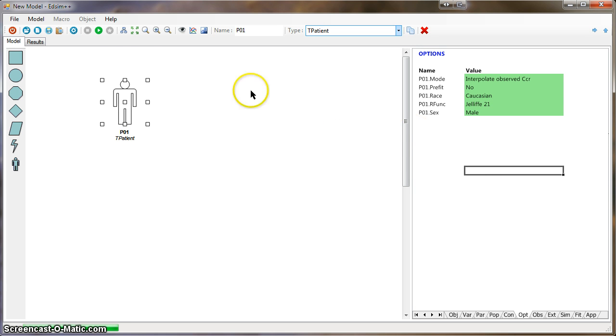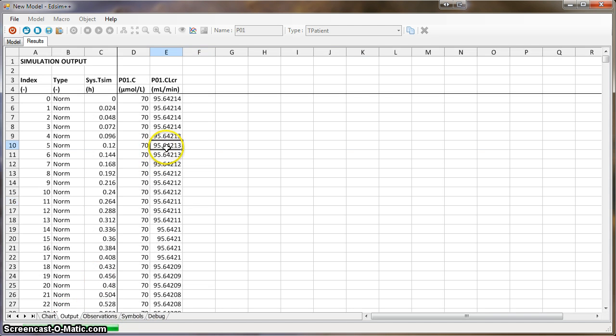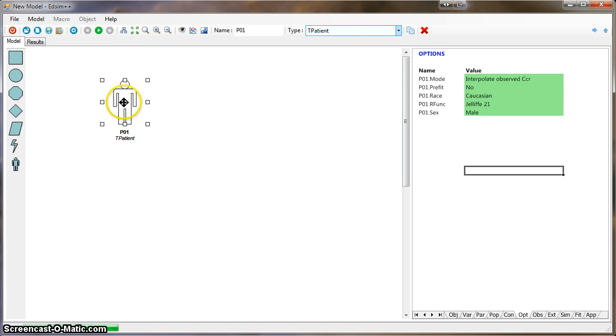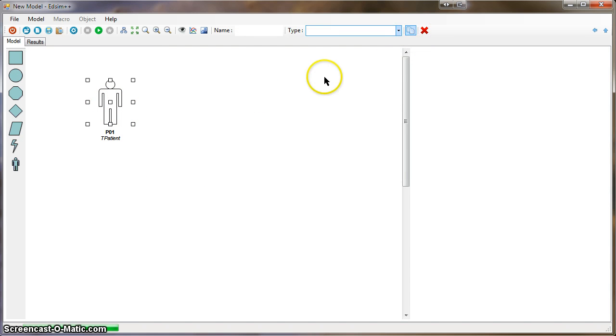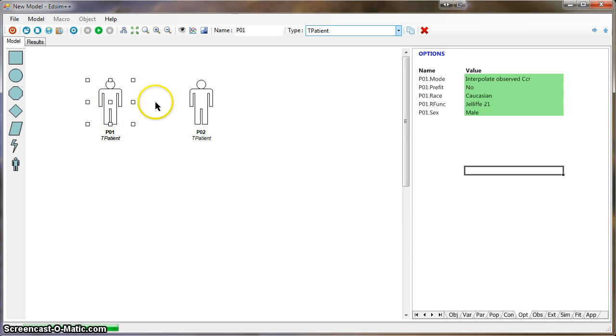Okay, now if I simulate this, you see here the creatinine level of 70, and here the calculated creatinine clearance, which is about 95 milliliters per minute. Can I have a small look here? Yes, 95 milliliters per minute. Now, if I duplicate the patient object and select a different option here,